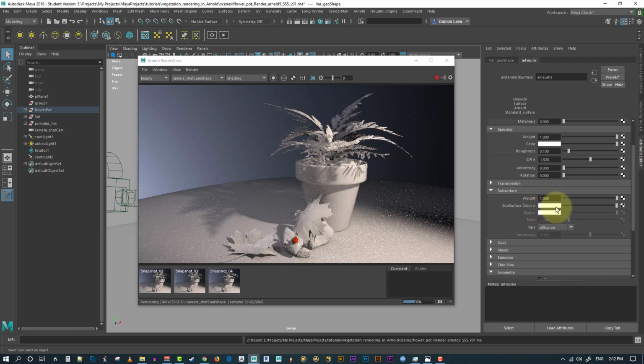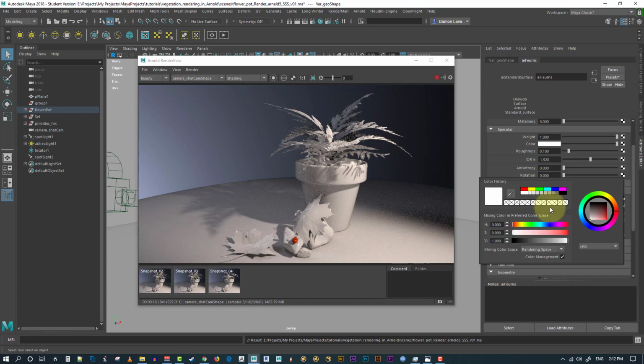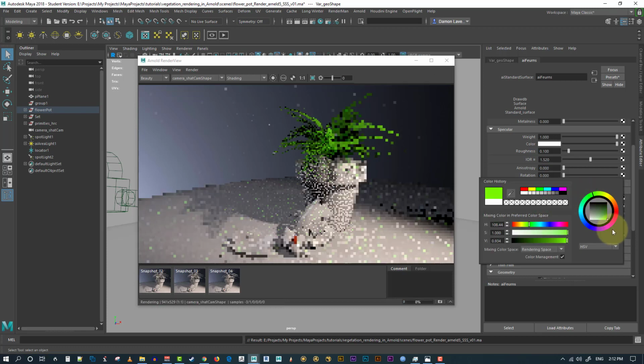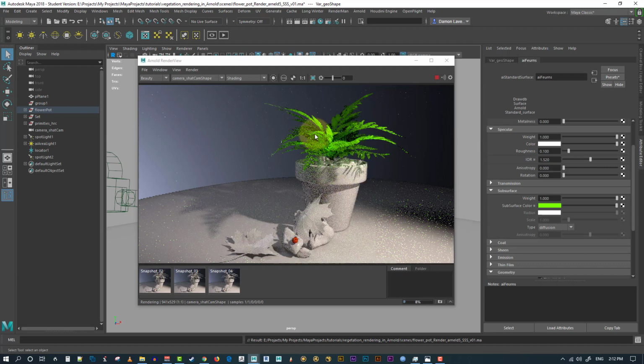Now the subsurface color is basically the color that is going to be emitted, the wavelength that's going to be sent back to our eyes. Currently it's white, but I could make it any color I like, such as green, and I'll get this. Because I'm at 100%, you can see that we're getting just that green coming through. So now if I dial it down to about half, you can see that the white area